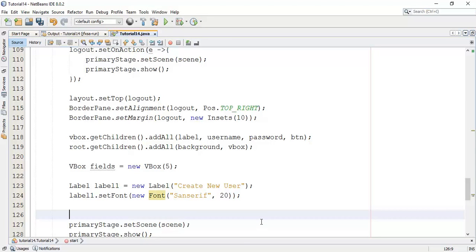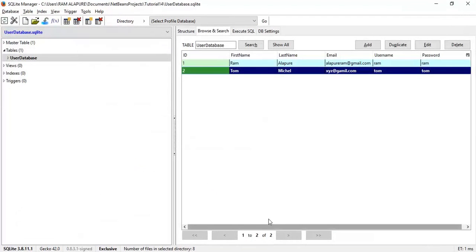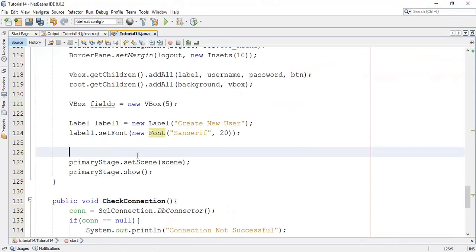Next I'm going to add some text fields like we have created in the database. So this is our database and we are creating a new user with the ID, first name, last name, email, username and password. So we are going to add these text fields in the application. So TextField, say ID equals to new TextField,